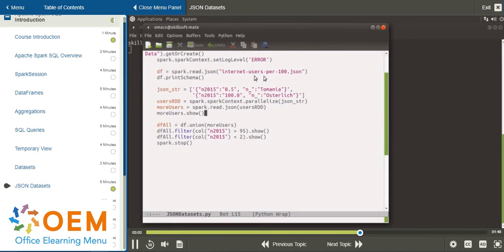So we have a JSON file, we read the data frame, then we have a couple of strings with a couple more data points,